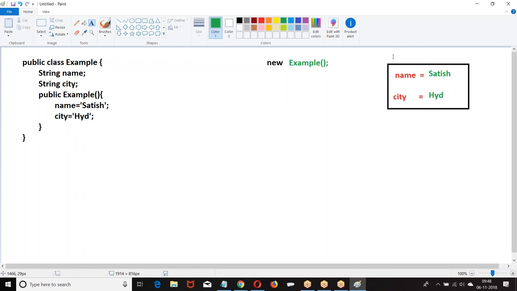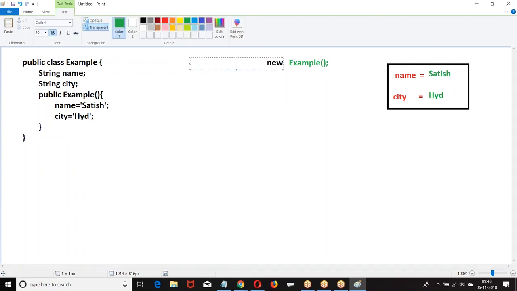So what is this called? Object. New will create an object. Constructor will assign the value. Now how will you refer to that object? By creating a reference variable. Now I am taking an example. E1 equal to. What is that example? Data type.